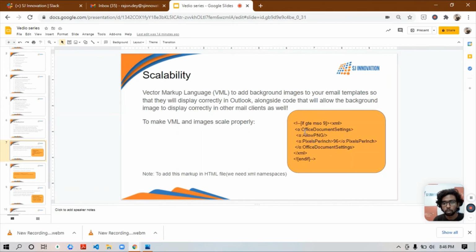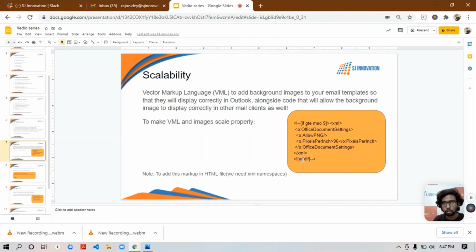It's very simple. You just write the Office document settings element with allow PNG and pixels per inch, and then close it. This bit of XML will solve this scalability problem for you. Keep in mind that to add this markup in an HTML file, you need to mention the XML namespace at the top.